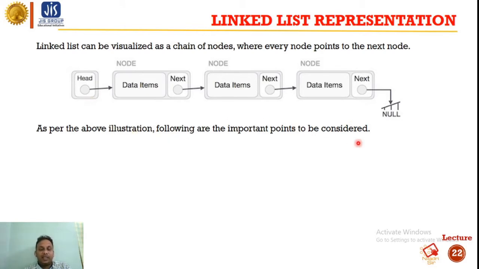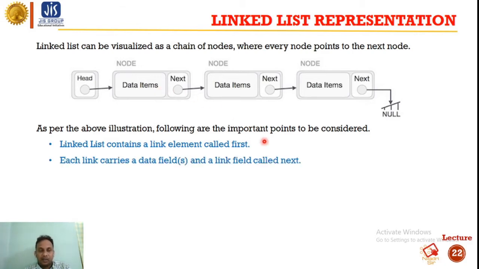As per the above illustration, following are the important points to be considered. A linked list contains a link element called first. Each link carries a data field and a link field called next. So this is the data field and this is the next field. The next field holds the address of the next node. Each link is linked with its next link using this next link.